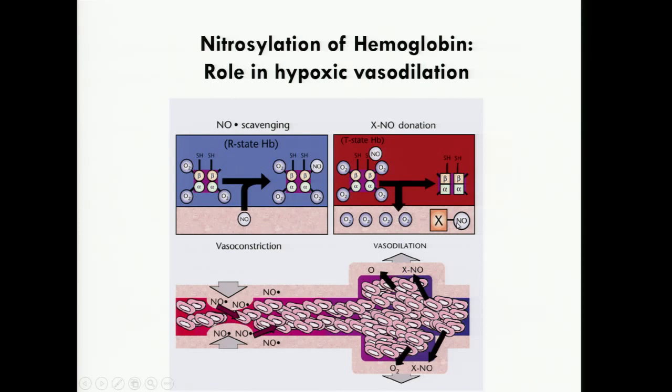Now the result of that is that in this area of reduced oxygen, you have release of oxygen. You also have release of NO to induce a vasodilation. So where there is a lot of oxygen, the hemoglobin has great affinity for oxygen. It also has great affinity for nitric oxide. There's basically a loss of NO from the blood vessel and some vasoconstriction, whereas in an area where you have poor oxygenation, you have release of oxygen and you have release of NO. So you have oxygenation and you have vasodilation.